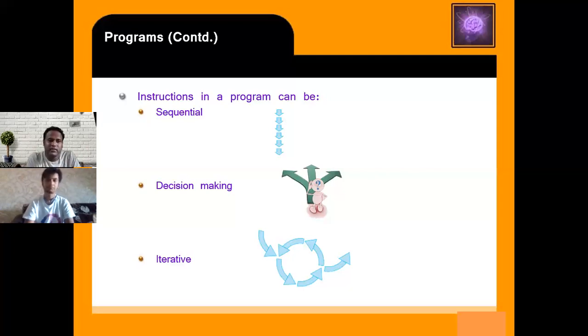300 lines. That means your program or instruction is very lengthy. So there is a process: don't write the 300 lines. You write only 3, and you repeat those 3 lines 100 times. So that is called the iterative process. There is no need to write 100 lines of code. Your code is limited to 3 lines, and you have to repeat. So when you repeat, it is going.